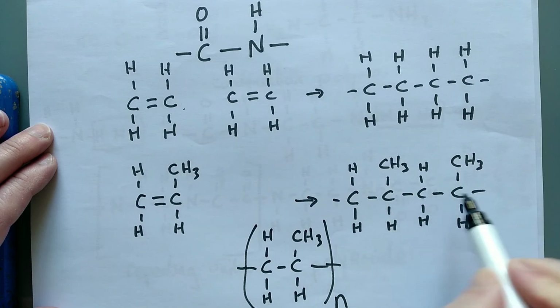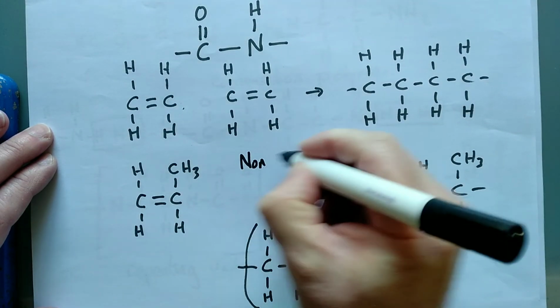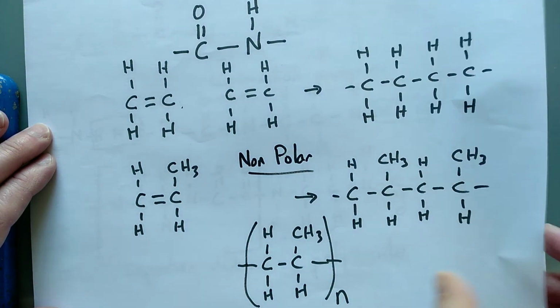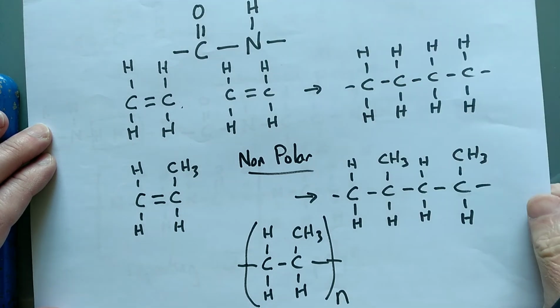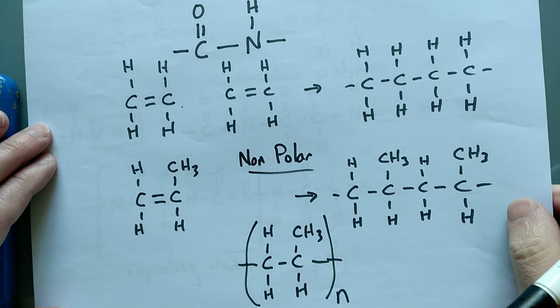So you've got carbon to carbon bonds and carbon to hydrogen bonds. This thing is non-polar. There's no delta pluses and no delta minuses. So it's very difficult for these things to be attacked by anything, which is why they take so very long